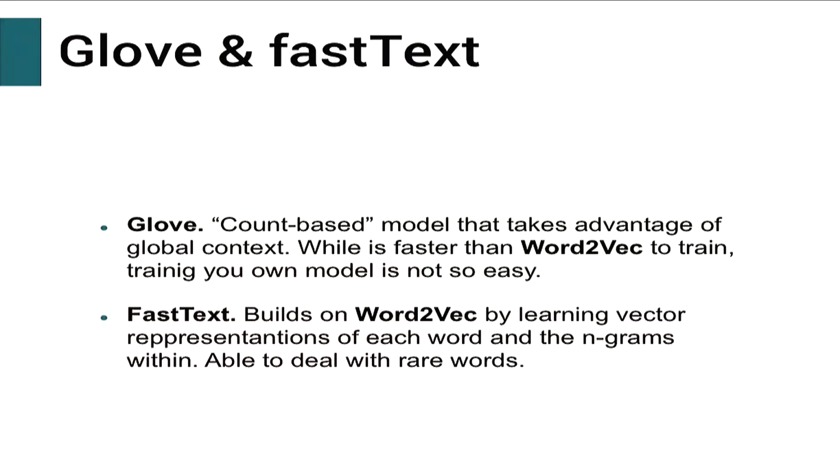So GloVe and fastText. GloVe is a statistical model. Differently from word2vec, it takes more advantage of the global context, and is definitely faster to train. However, if you find a way of training GloVe, please tell me, because in months of investigation, it was not easy at all. fastText is basically an extension of word2vec,